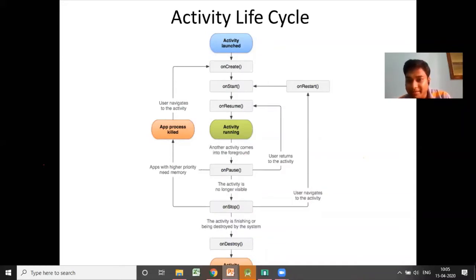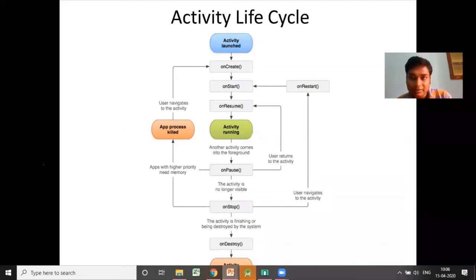Now suppose one user may do different things. Suppose someone closes the activity or closes the application. Someone puts the activity into the background. Suppose you are playing one game, and you hide that application and open another application. Suppose you are playing a game and a WhatsApp message comes to you. You open that WhatsApp message. That means the game application goes into the background. Now the foreground application is your WhatsApp. Okay. That is another condition.